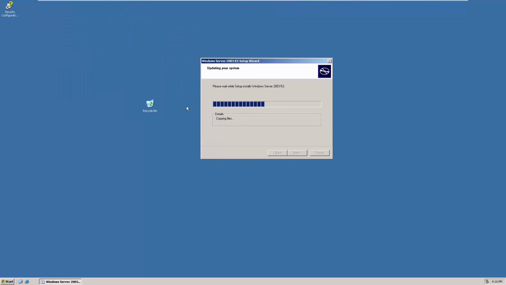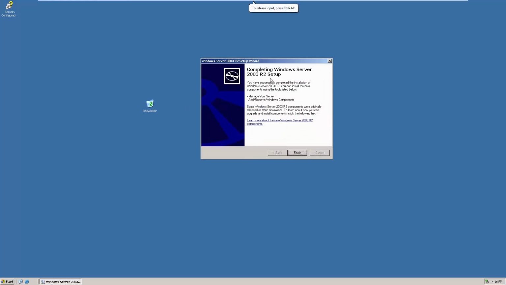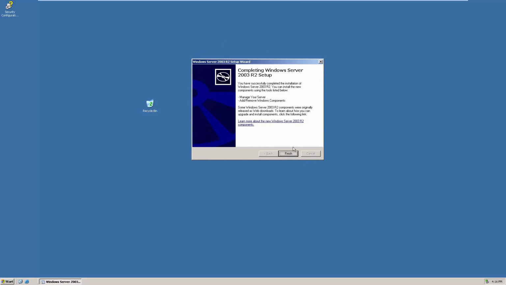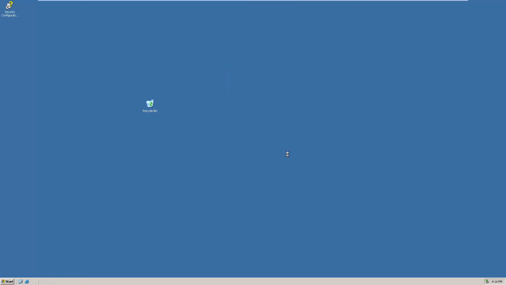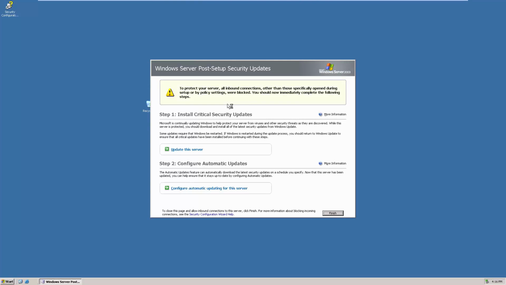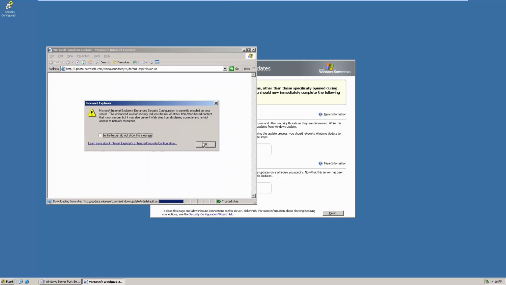So that's going to copy files over, and it looks like it's done. So yeah, I guess Windows Server 2003 R2 was not a paid upgrade. So yeah, we're just going to click on Finish. And it does have some post setup security updates, so we're going to have to install some critical security updates and then configure automatic updates. So we'll click on update the server,